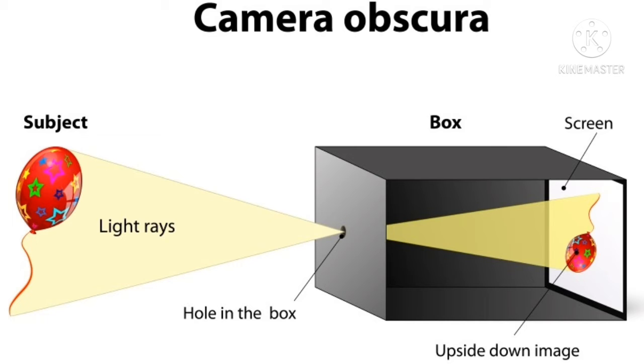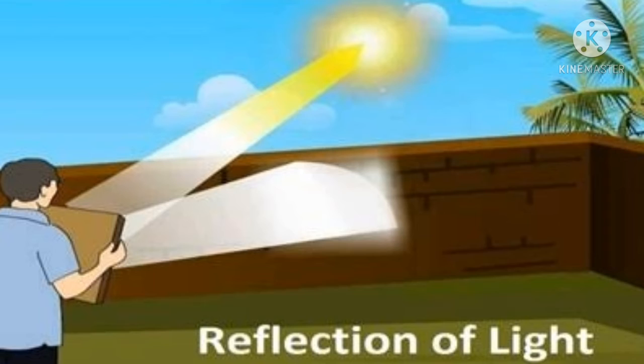The phenomenon due to which light bounces off a highly polished surface, for example, a mirror, is called reflection of light. We are able to see most things around us due to reflection. For example, you must have seen yourself when you look into a mirror. What you see in the mirror is called an image.